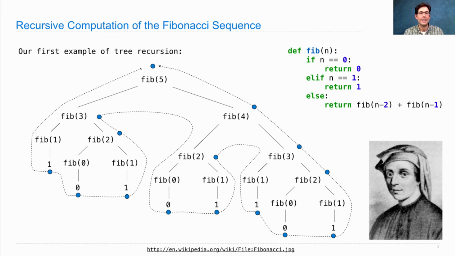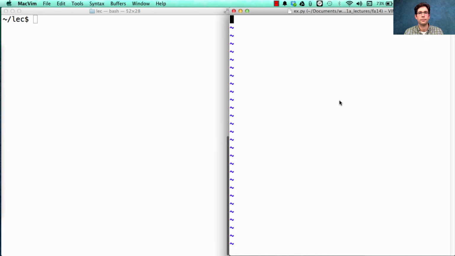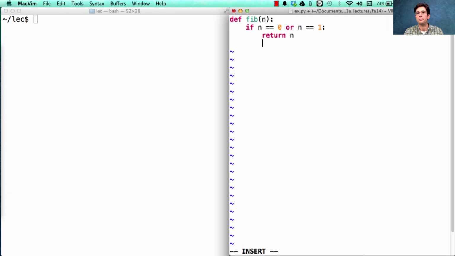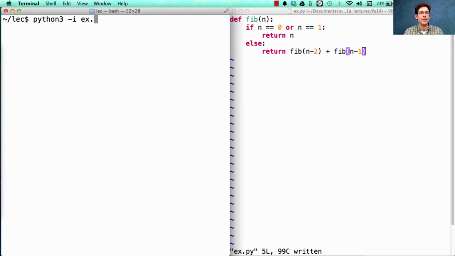So we want to understand how long it takes to run this computation. And the first thing we'll do is just count the number of calls to Fib and see how that grows. Fib n: if n equals 0 or n equals 1, return n. Otherwise, return Fib n minus 2 plus Fib n minus 1. I know this is slightly different from what was on the slide, but it will do the same thing. If I run this code and ask what Fib5 is, it will tell me it's 5, Fib6 is 8, Fib7